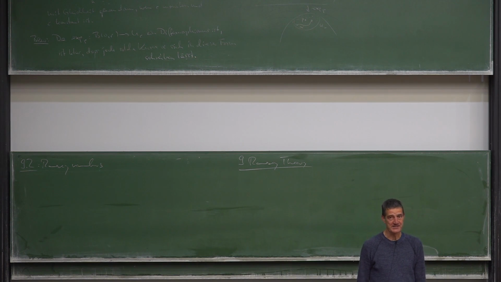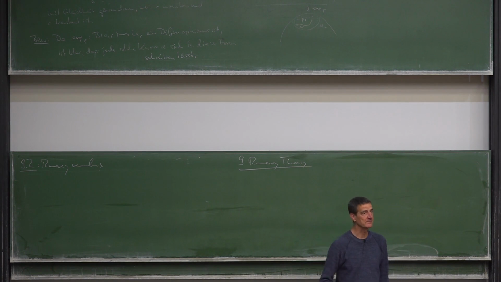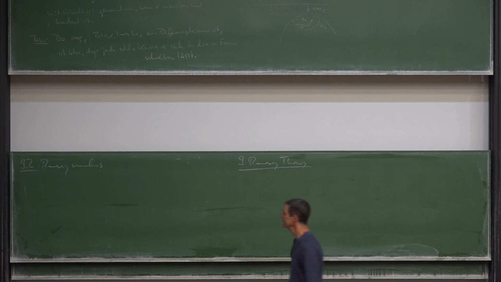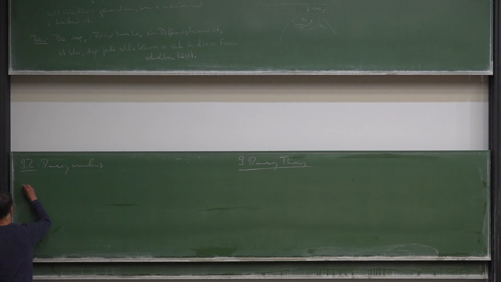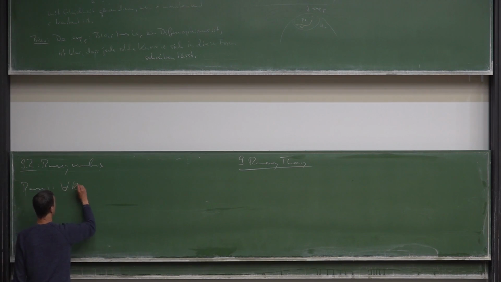We'll continue with Ramsey. Let me rephrase the main Ramsey theorem in a slightly stupid way. So the simple finite Ramsey theorem said that for every K_r,